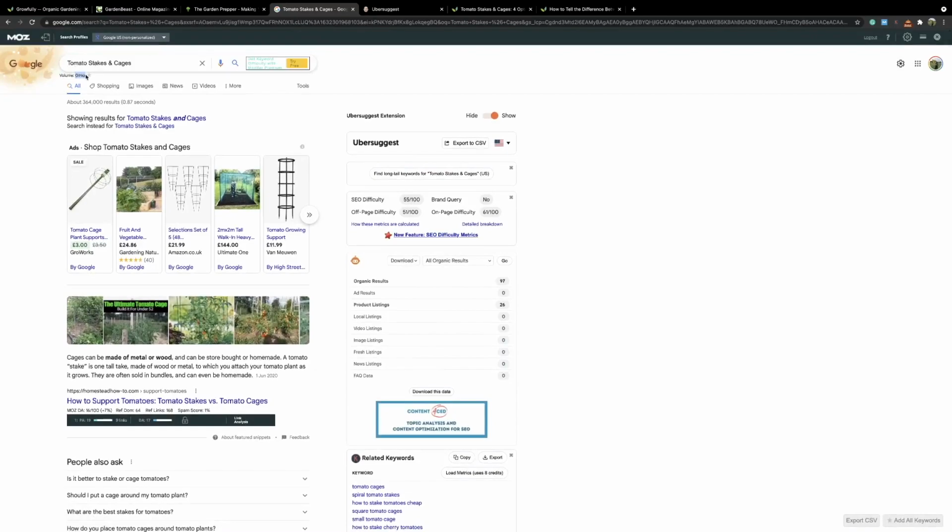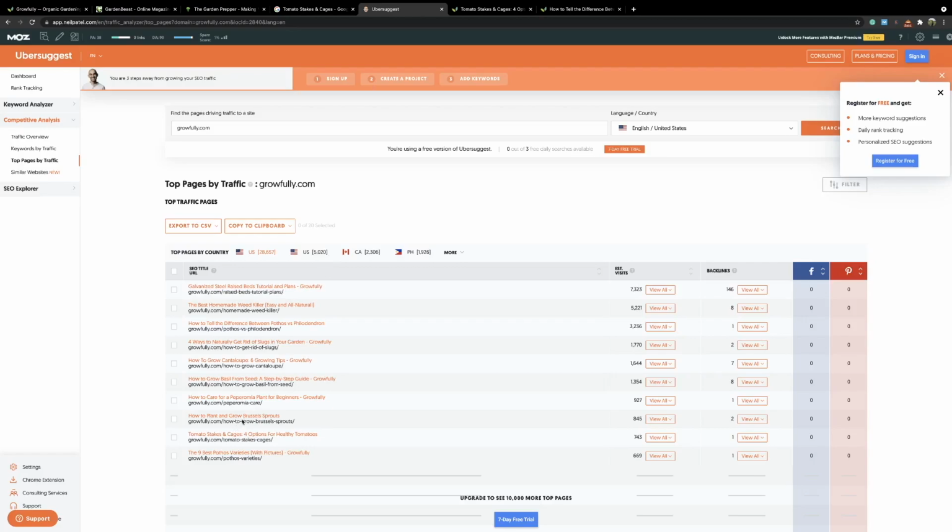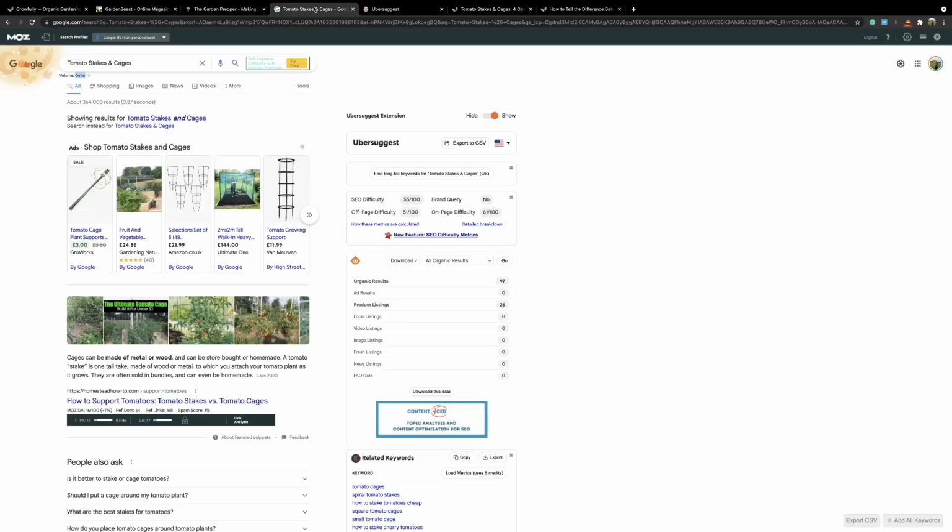It says it gets 0 search volume per month. But we can actually see this article gets over 743 searches a month. So that's where these 0 search volume keywords can be really lucrative. So you can see a few methods there that might help you find some of these low competition keywords. Like I say, it is a skill, and some of the best ways to do it are just to keep